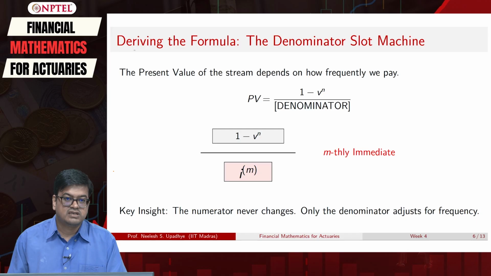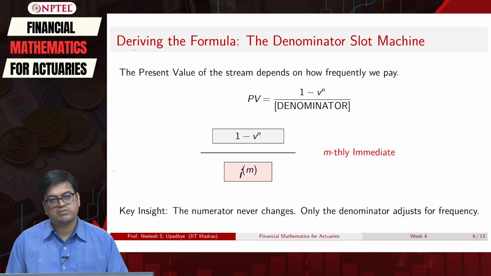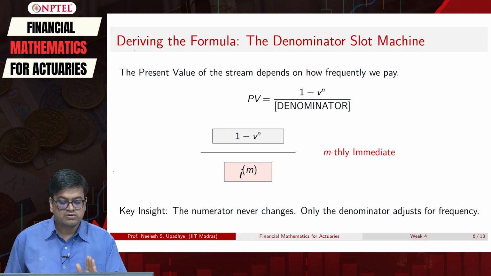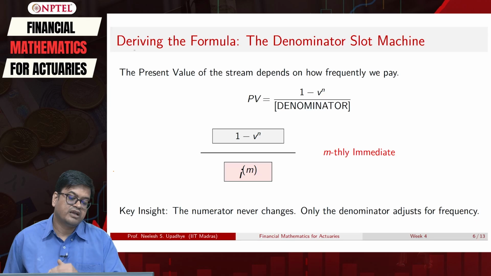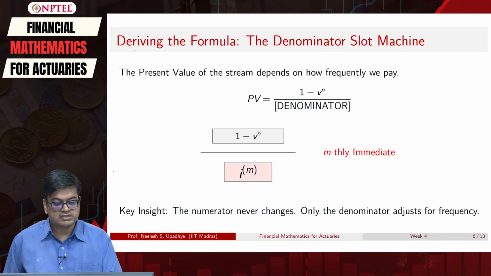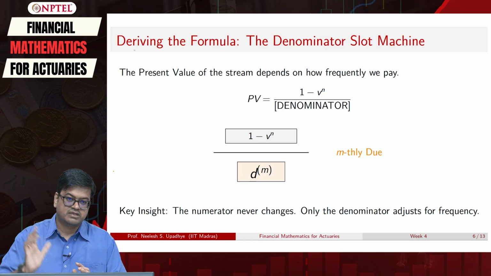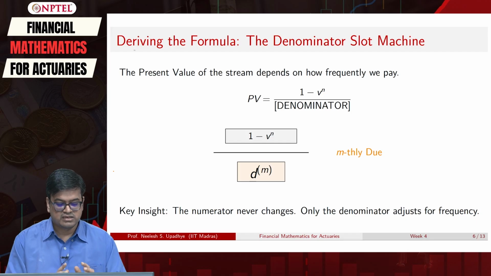If this is clear, then you do not have to memorize any formula. If you know how to compute annuity, you know how to compute annuity monthly. After that, suppose this is immediate annuity. If I want to replace this with annuity due monthly, what will change? This I M will be replaced by D M, nothing else. So the denominator will adjust for the frequency and the type as well. The two types of annuity, immediate and due, both are taken care of by the denominator.